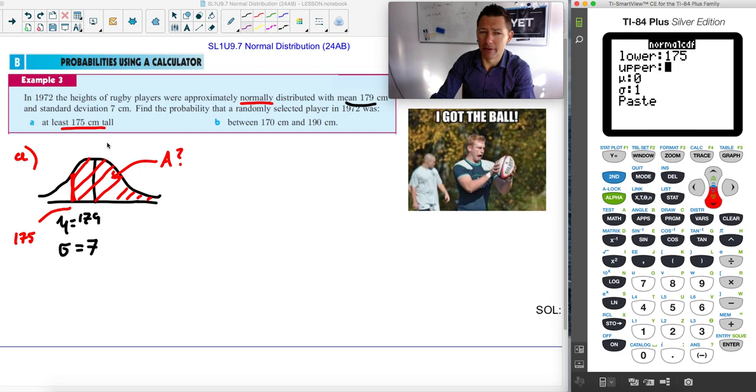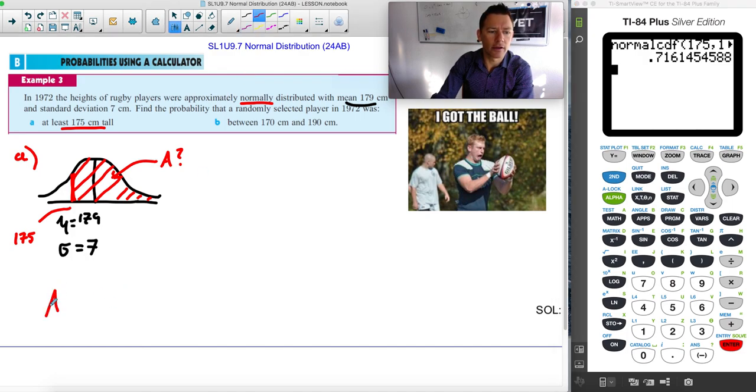Now, I know there's some limit to human growth depending on steroidal use, but I think how you put in infinity into this is 1 times 10 to the, that was second EE, and you put 99. It's like the biggest number that the calculator can handle. If you put in 9999999, you'd pretty much get the same thing. Mu, in this case, is 179, and standard deviation is 7, and you go baby go, and it spits out